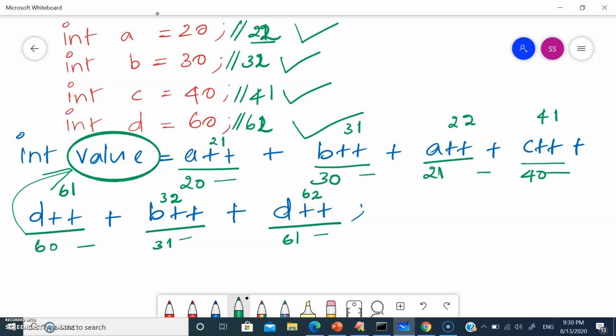Where these post increment and pre increment operators are used is in control statements like if, while, do while, for loop, nested for loop. In this kind of control flow statements, we will be using increment operators in Java. In my next session, we will be discussing what pre-increment is and we will be working on programs on increment operators.